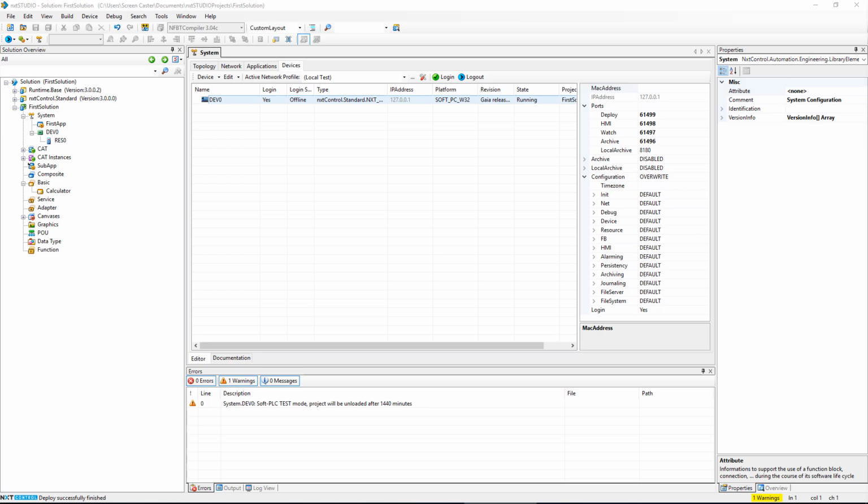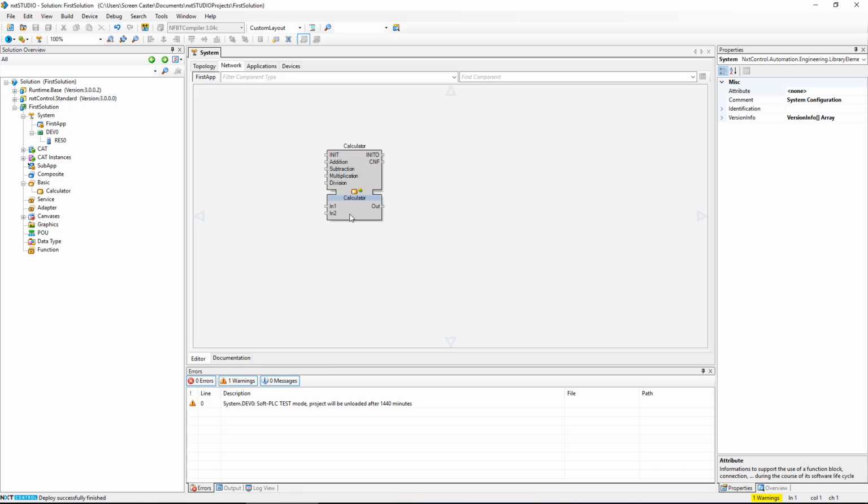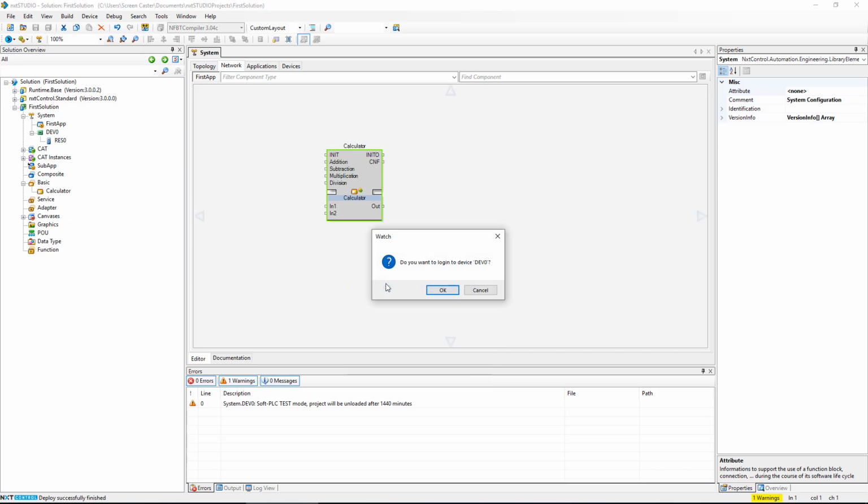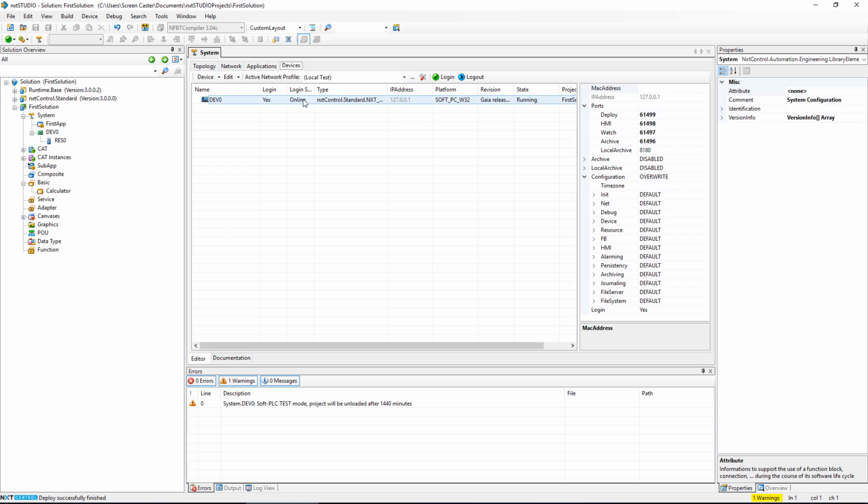Okay, how do we know whether the application is actually running? One way to do that is to watch the function block. How do you do that? You can go back to your application, right click and say add watch. It's going to ask, do you want to log into the device? You can say okay. And then if you go to devices, it will show that in the login state it's